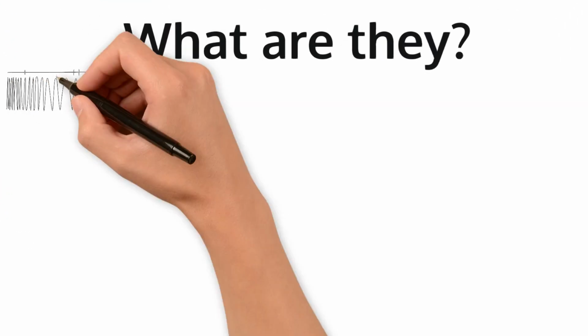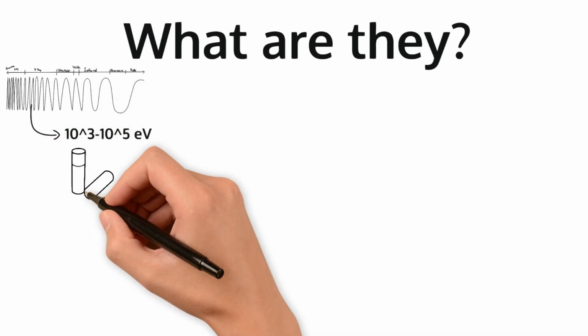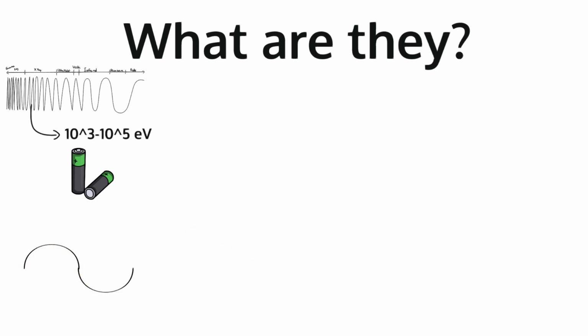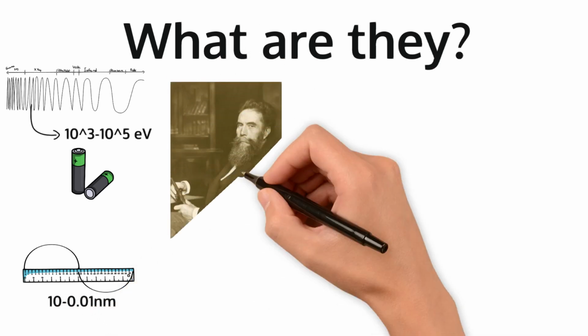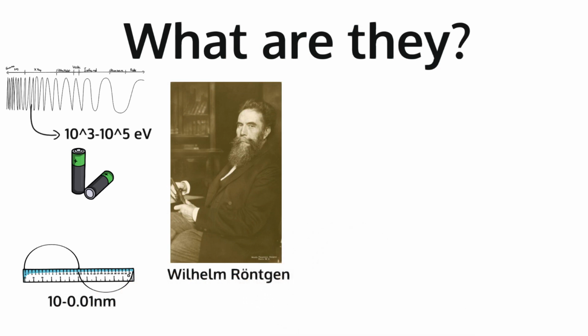X-rays are a form of high-energy electromagnetic radiation in the range of 10^3 to 10^5 electron volts, and as such have a very high frequency and narrow wavelength of usual range 10 nanometers to 0.01 nanometers. They were discovered in 1895 by Wilhelm Röntgen through experiments with cathode rays, now referred to as electron